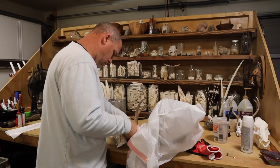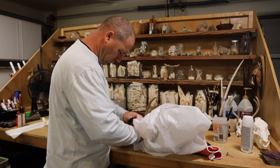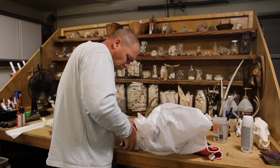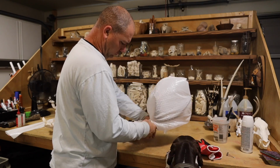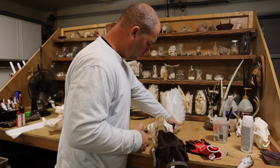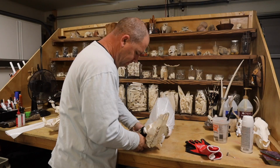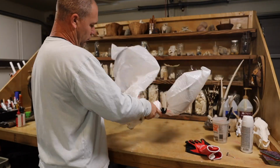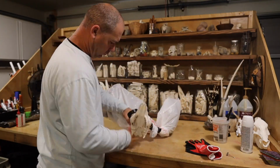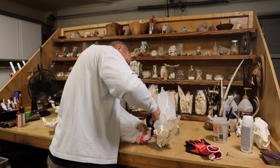All right, I have sanded, filled, refilled, sanded, filled, refilled, ground, sanded, you name it, I've done it all, and I'm frustrated with the fact that I can't get the color even remotely close. I'm saving you all that film because it's just junk. So what I'm gonna do is rattle can this skull with a chalky white. I hate a painted skull, but I think this is my best bet to making everything kind of blend in